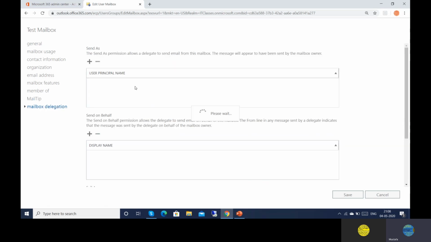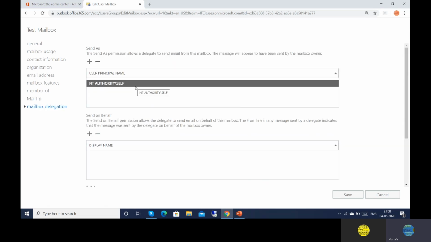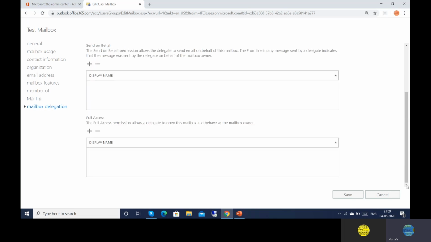Mailbox delegation means you are providing access to another user. For example, if a secretary wants access to the manager's mailbox, you can provide Send As permission, Send on Behalf, and also Full Access permission, so she can manage the manager's mailbox. These are all the different properties.